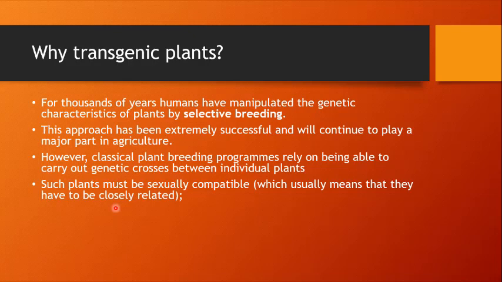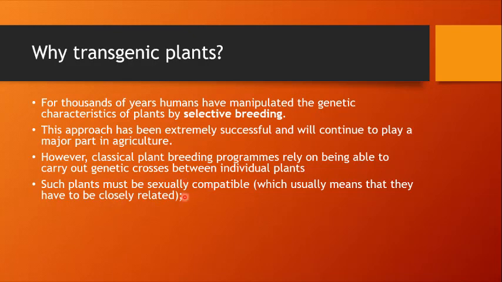So what does it mean? It means that there should be a successful pollination, and after the successful pollination, there should be a successful initiation of the successful fertilization process, and then we should get the zygote and embryo and the new plant as well. So that is all the process which should be successful.